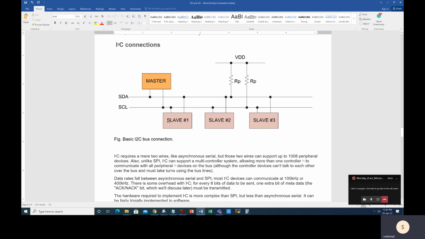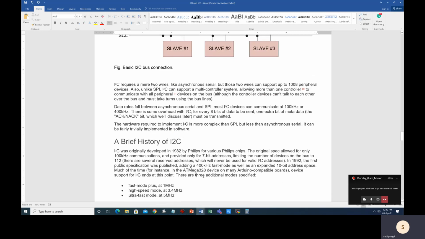Now, how do you determine which slave device is to be communicated with through I2C? Because there is no chip select or slave select line over here, the only option that remains is a software addressing scheme. That means each slave must have a software address, and that address should be sent to the slave first while selecting or enabling a device.